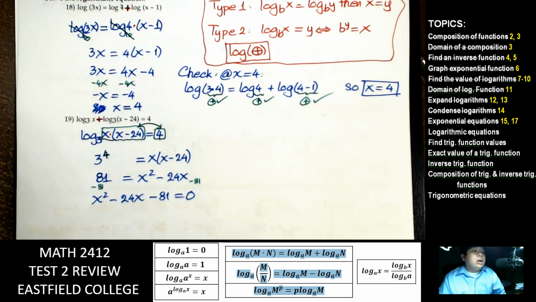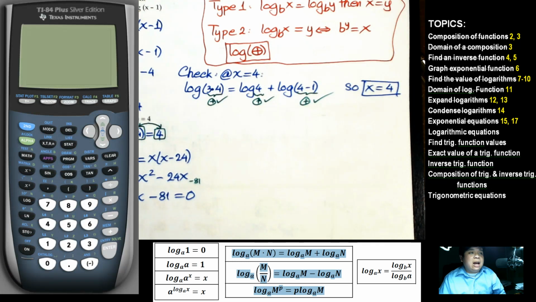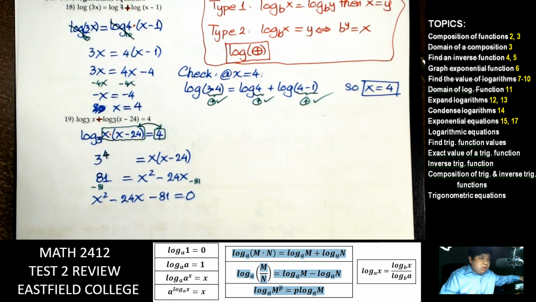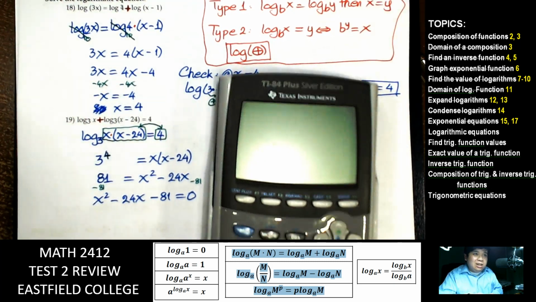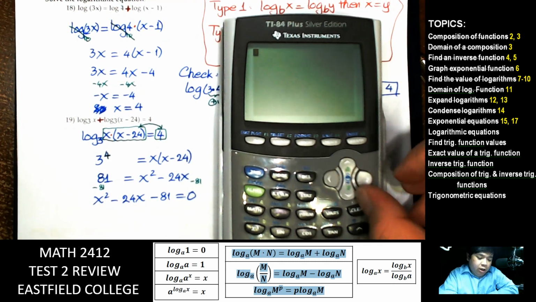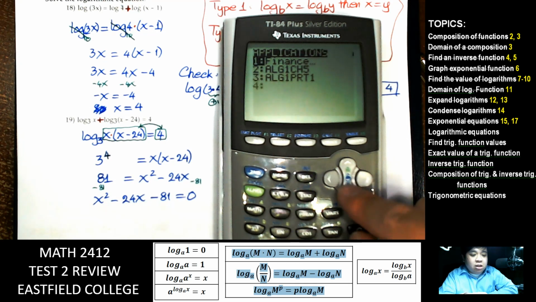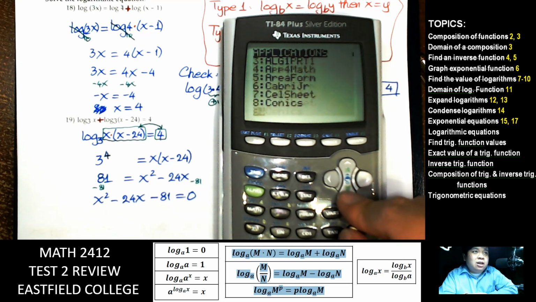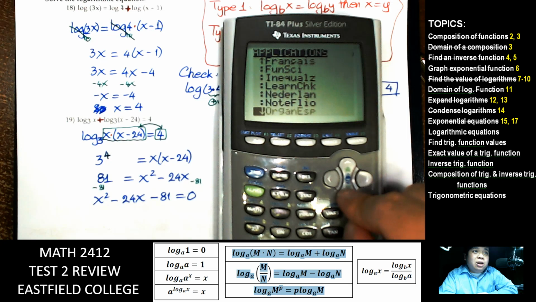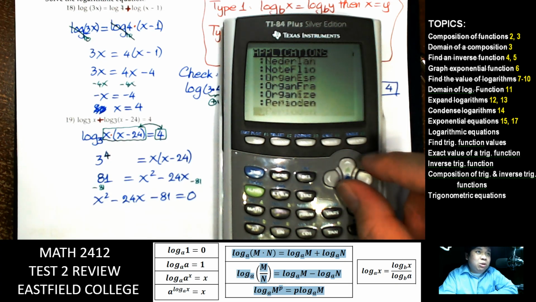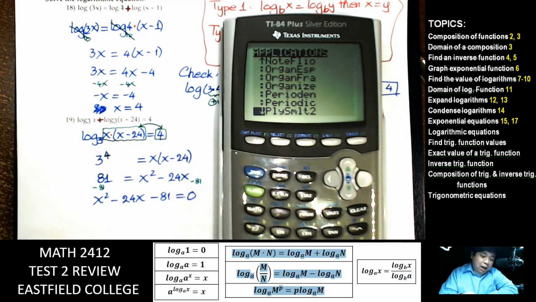Right. I'm not sure my calculator has that app. Nope. So I have to actually use this. So we have that apps where we hit application. Of course, this is too simple. We can do it by hand, but just make sure that you can also use the calculator to simplify things. So we look for that app